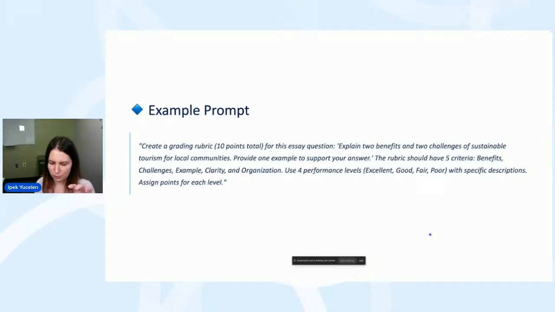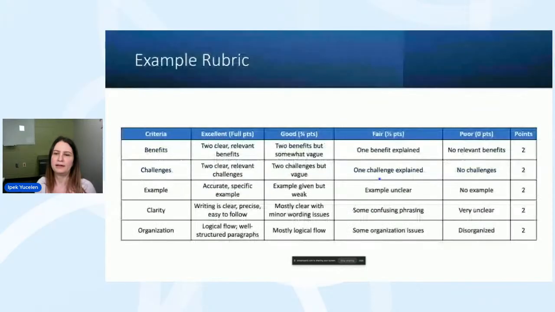What I usually do is create a rubric for each question, because different questions can have different points, so we need to be careful. Each question might have different rubrics. For the question we gave as an example, I asked it to use 5 criteria and 4 performance levels. And here is what it generated for me. In the meantime, while I'm discussing with you, you can use ChatGPT to generate the same rubric for yourself and see how it works.